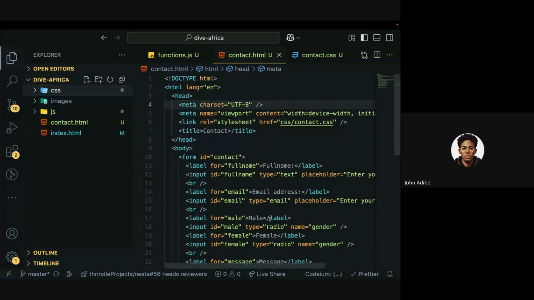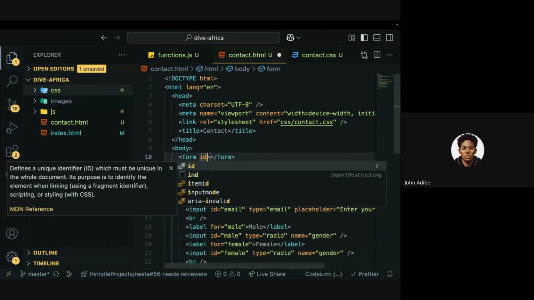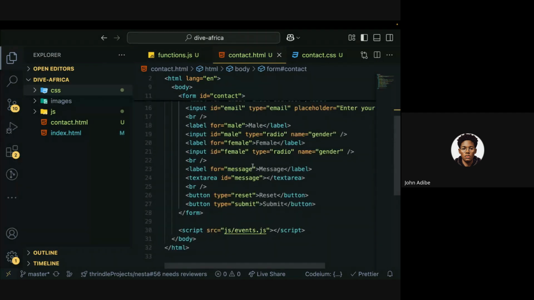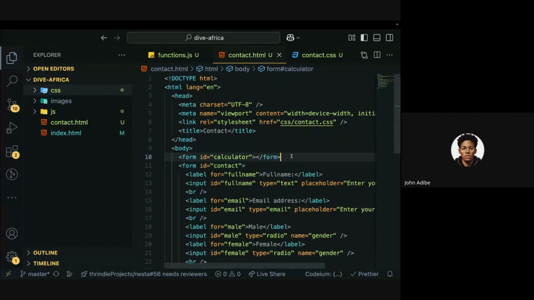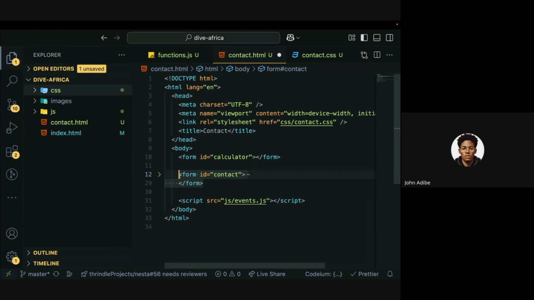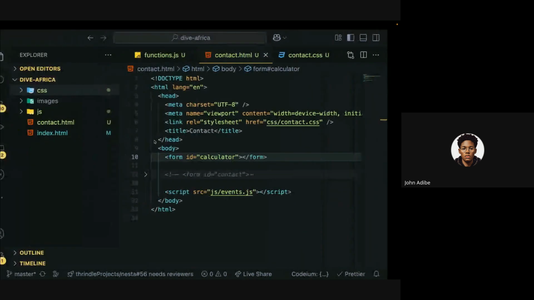All right. So I want to have another form here. A form with ID set to calculator. Okay. So let me just comment out this main form. I will get back to it, like the contact form. All right. So in our calculator, yeah, let me create